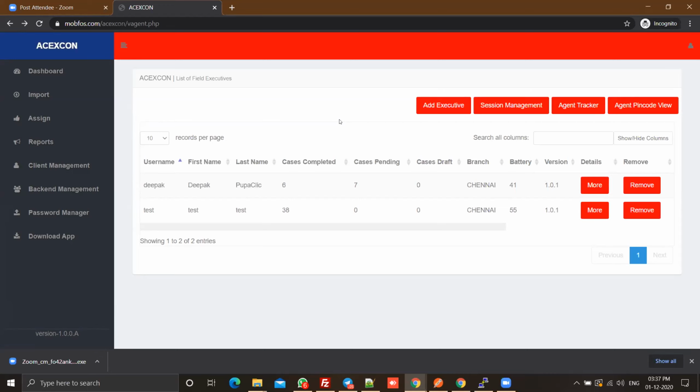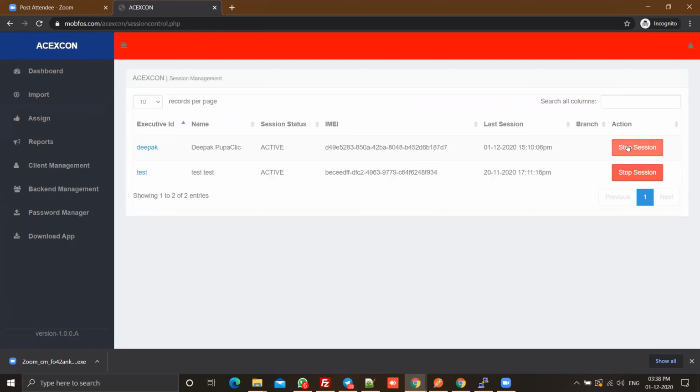If he needs to log in from another device, we have something called session management here, where you'll have to stop the session for that particular executive on the previous device. It will clear the IMEI number so that he can log in from another device. This ensures there's no duplicate entry of that particular executive.